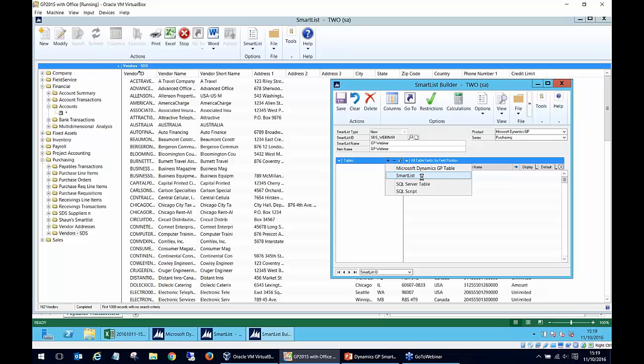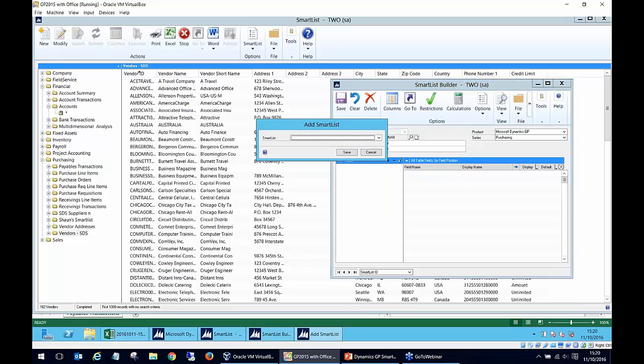But the other options you actually need permissions to the tables, and as I said before, it gets a little more complicated if you want to use those three options, but it allows you more scope. So if you are familiar with the structure of GP, you could create a great SQL view that consolidates 10 tables into a single script. Yep, the SQL script is the one for you, and be able to give you a whole lot more detail. However, if you choose the Smartlist option,